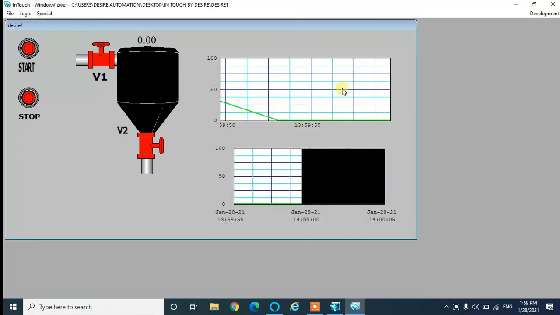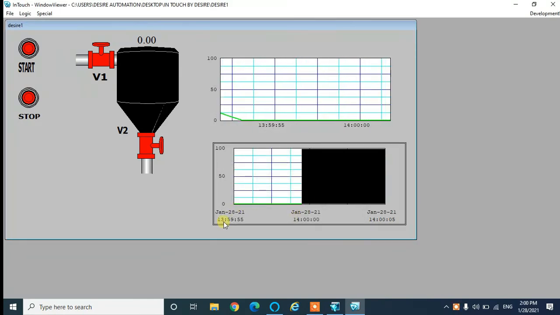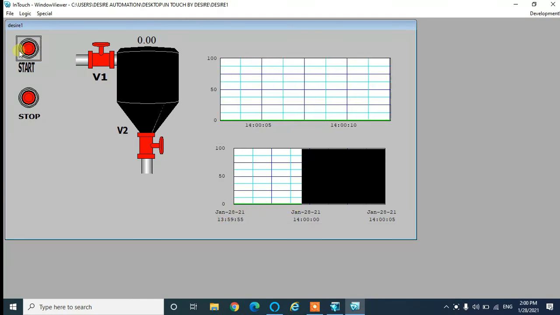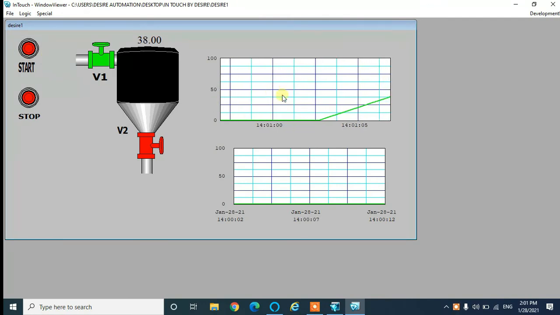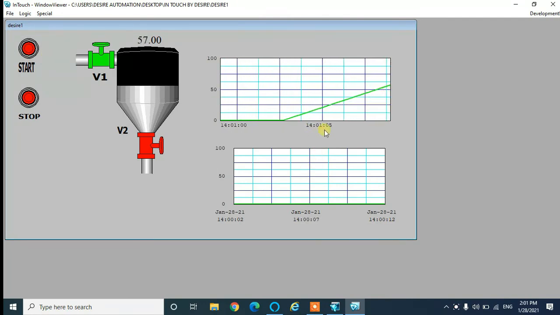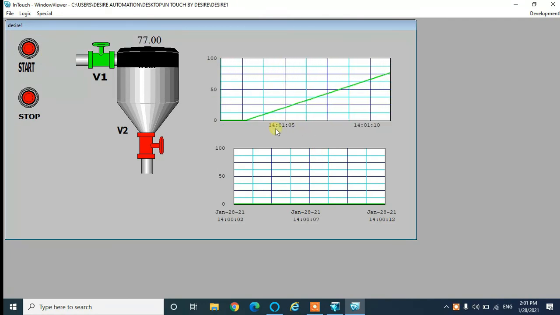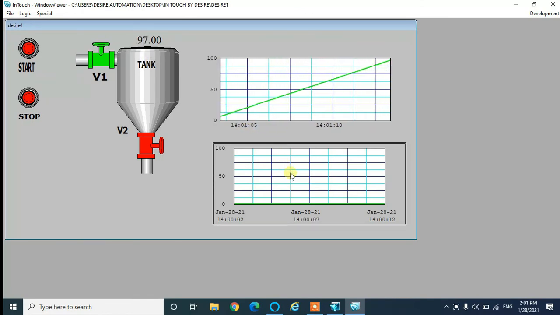So just click on OK. Here you can see on January 28 at the time 13 hours 59 minutes the value of tank was 0. So let me select another value. Let me press the start button and suppose let me give the historical time as 14 hours 1 minute.